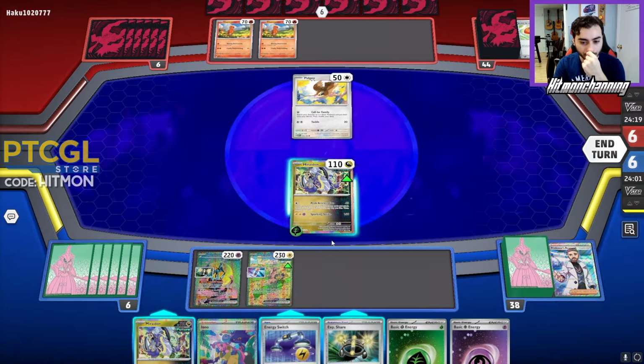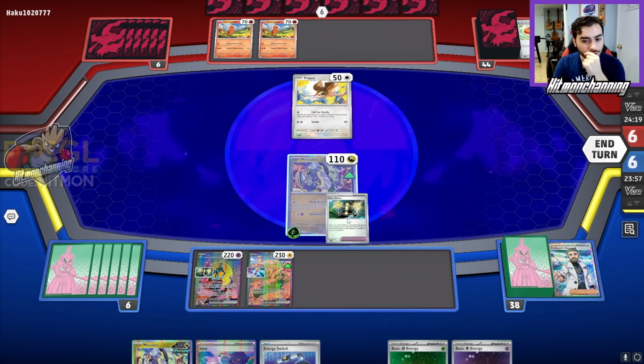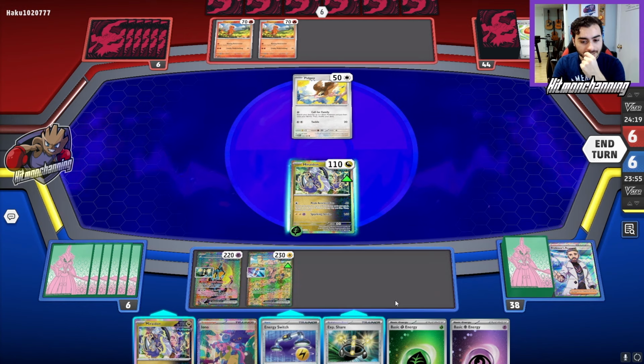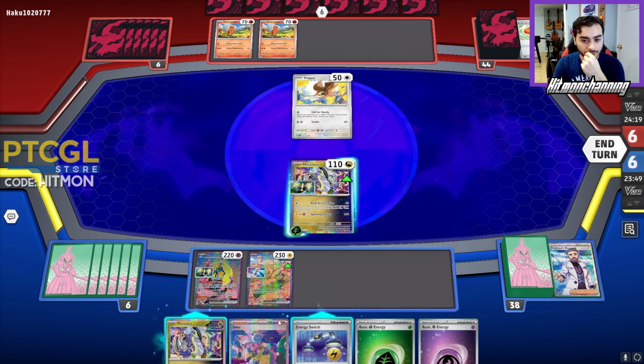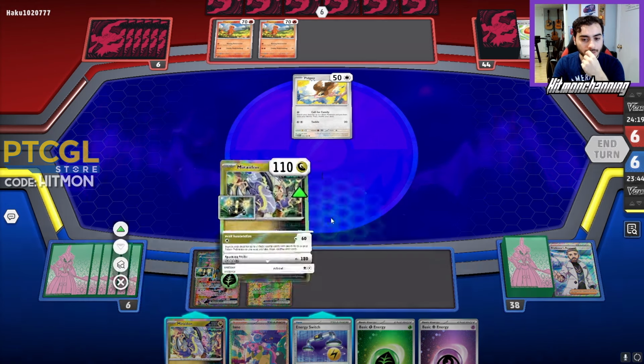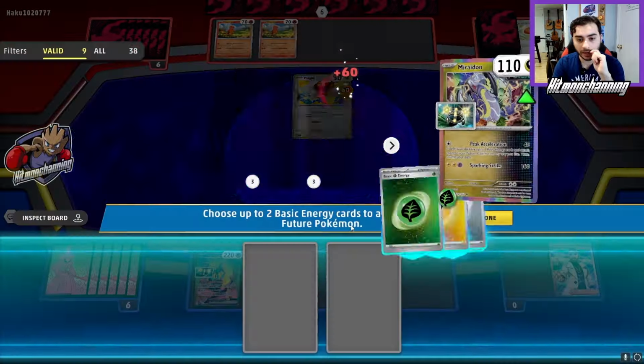We're doing enough to KO here. Maybe what I want to do is I want to EXP Share this Miraidon. That could be a possibility, and then try and get a Leaves. Maybe that's actually the play. So let's put an EXP Share on the Miraidon. Yeah, I think that might be the goal here. Then we peak acceleration, so we're taking the knockout, and we go for a...